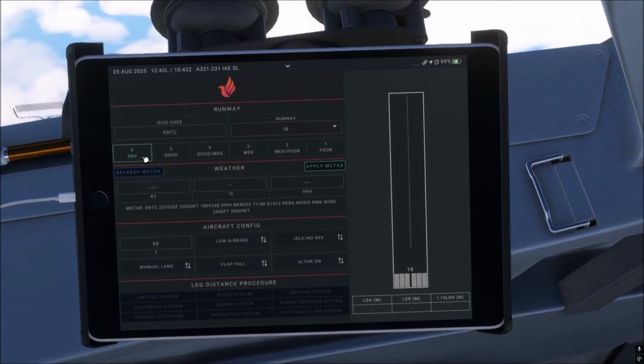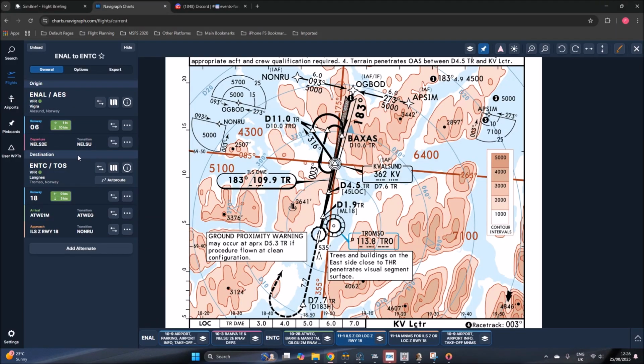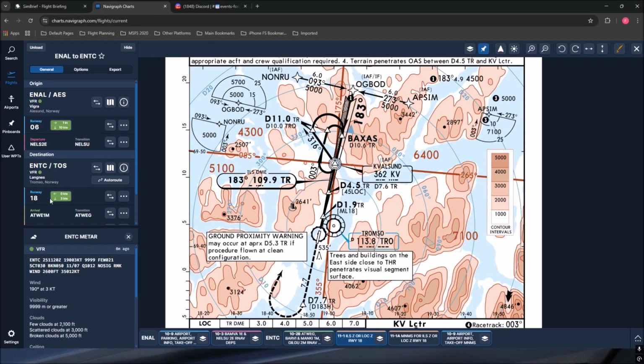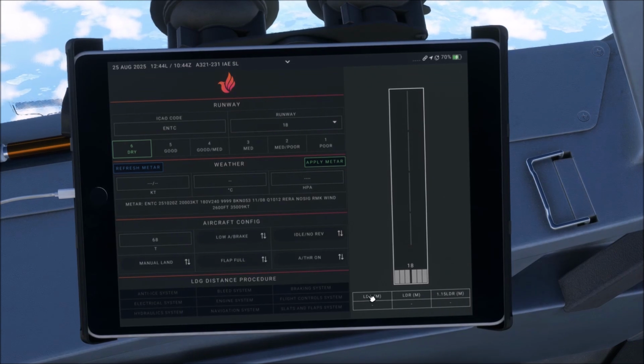It's dry at the moment. We should check that. Videro 710, cleared direct Fenix. Tromsø weather is few 2,100, scattered 3,000, broken 5,000. Temperature is 11, dew point 7, QNH 1012, and there's no wind, there's no rain there. In fact, it is coming from the south, so we should be on runway 18, which is good. So, yeah, it's dry, so we can now